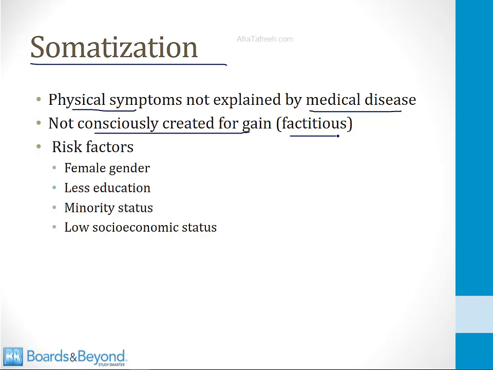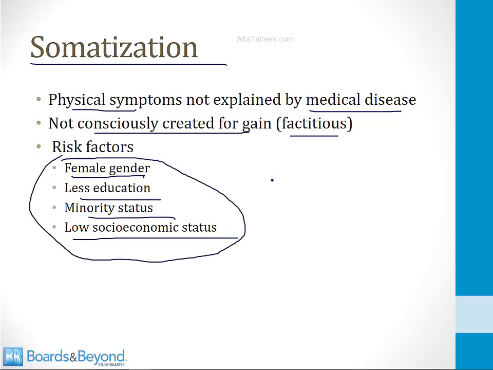Now, this is somewhat controversial because these patients may actually have a disorder. It's just one that we don't understand in Western medicine. But nevertheless, when patients have recurrent chronic physical symptoms that cannot be explained, that is often referred to as somatization. Risk factors for development of somatic symptoms include female gender, less education, minority status, or low socioeconomic status. Patients with these risk factors tend to be the type of patients that present with physical symptoms that cannot be